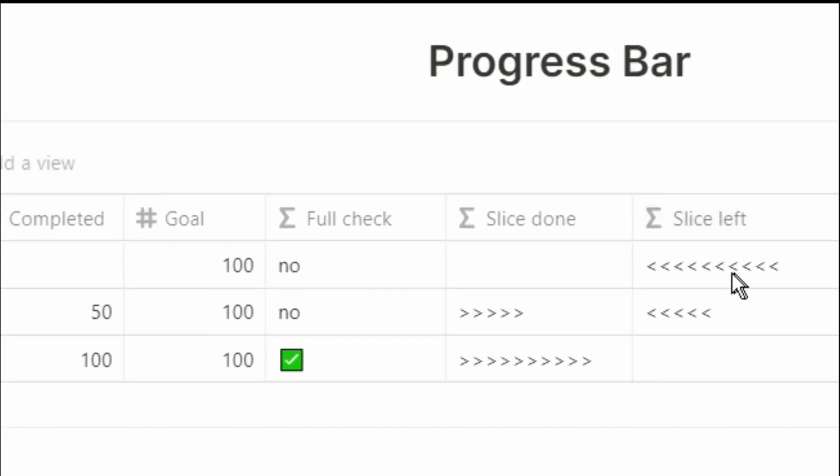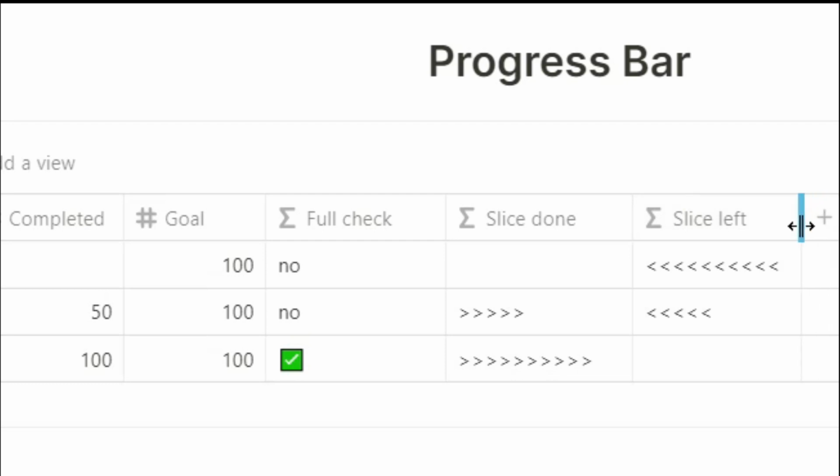Now in the bottom row, instead of it saying I have 10 things left to do even though it's completed, it's actually empty because I don't have anything left to do. This also means where completed is empty, we have 10 things left to do because now it's doing 0 divided by 100, which is 0, times by 10, which is still 0, and you're going to take that away from 10, which makes 10. Putting those three functions together actually creates a progress bar, but I want to show the